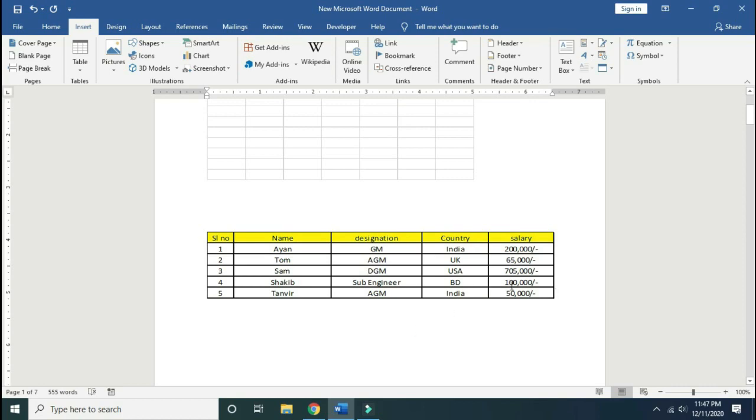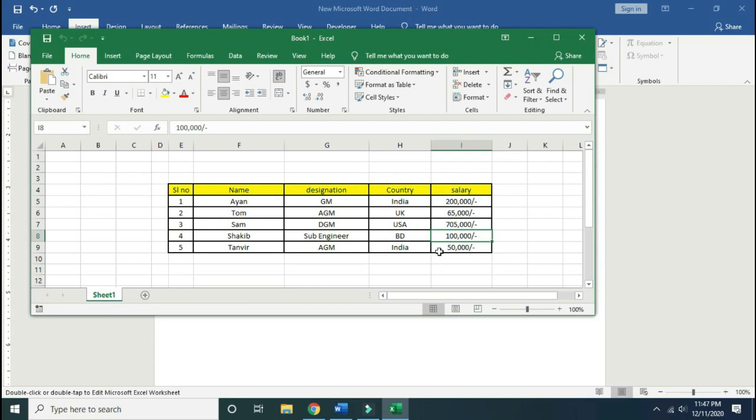Now you can change any data here. Double click on the table. Now you can see the Excel sheet is open. Now I type a value.